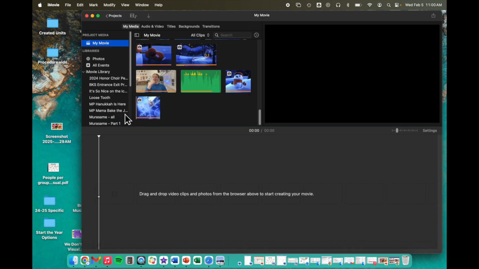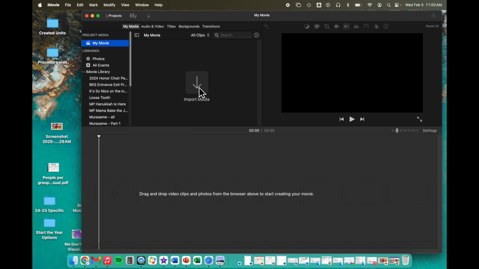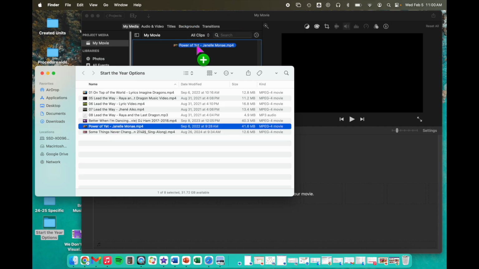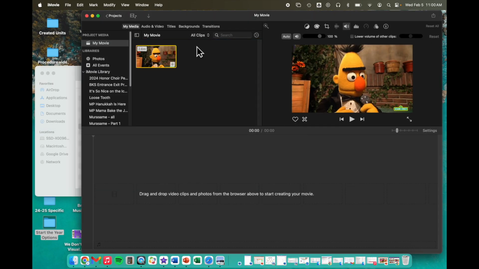So we're going to create a new movie. We need to import media. There's a couple different ways we can do this. I could come over here. What I want to do is Power of Yet with Janelle Monáe. I could just drag that in there, which is awesome. There it is right there. The other thing I could do